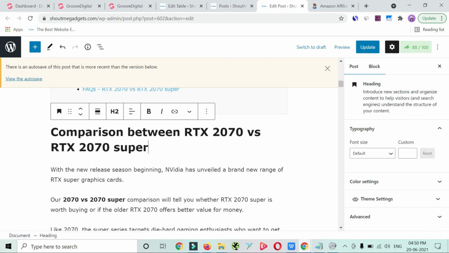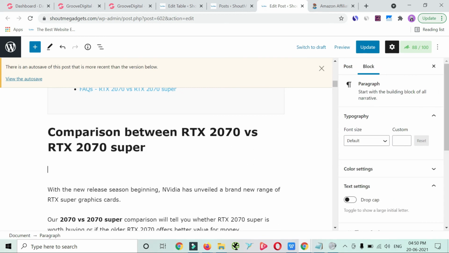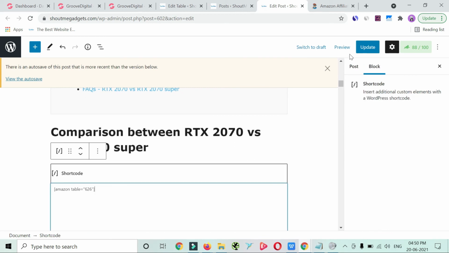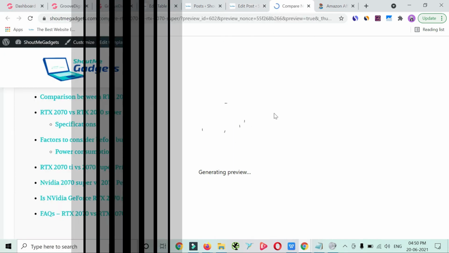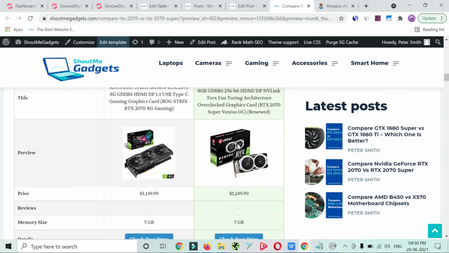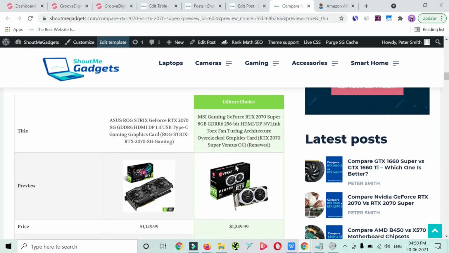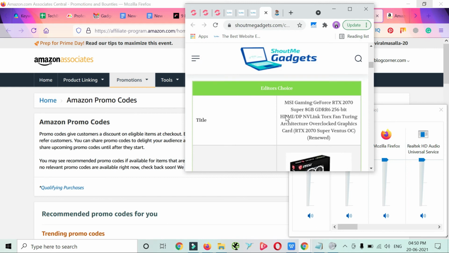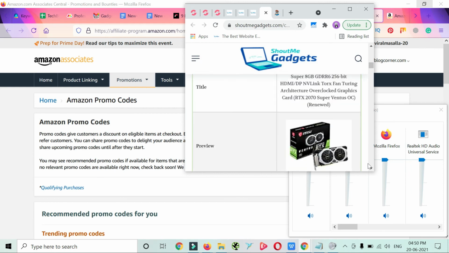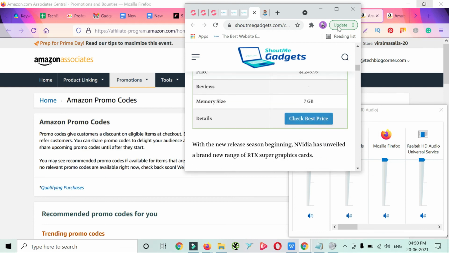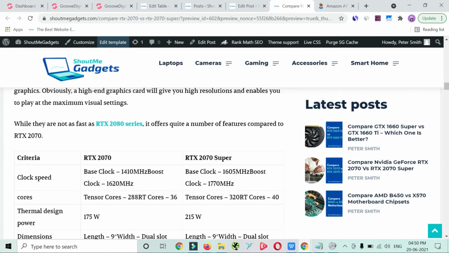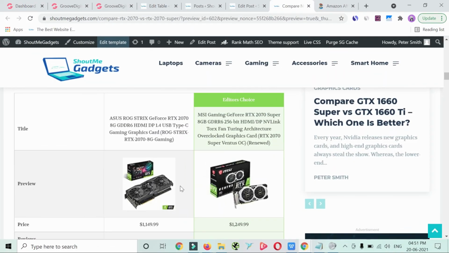Okay, now you can preview that particular comparison table before publishing it on your final post, so that you will be confident that you are posting the right thing. So you can see I have highlighted this particular product, and it looks amazing now, and it is mobile responsive as well. You can see this looks good on mobile as well. There is no distortion in the design, and that's all, guys, in this video.